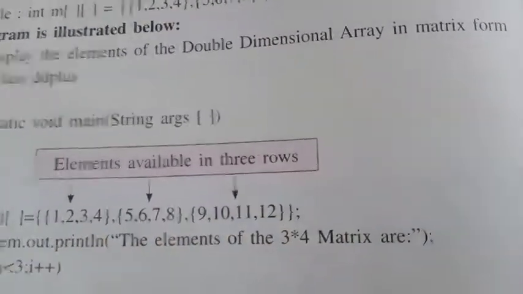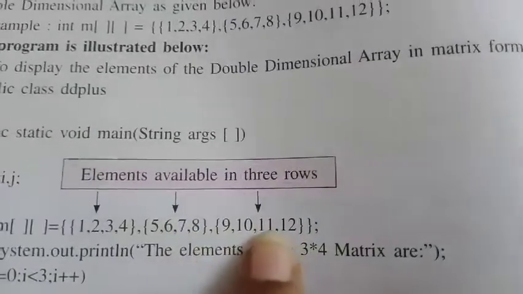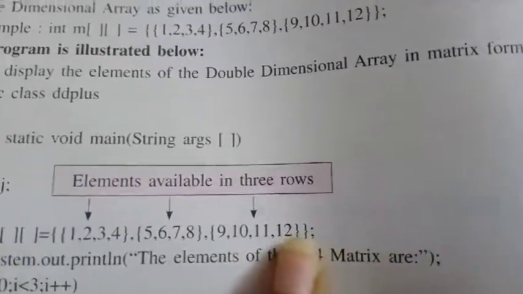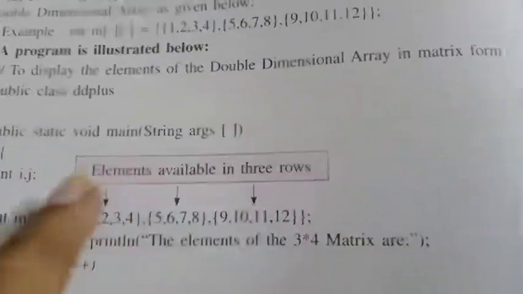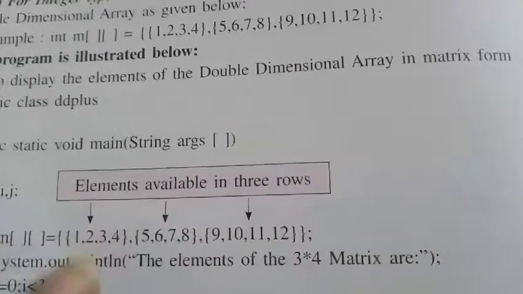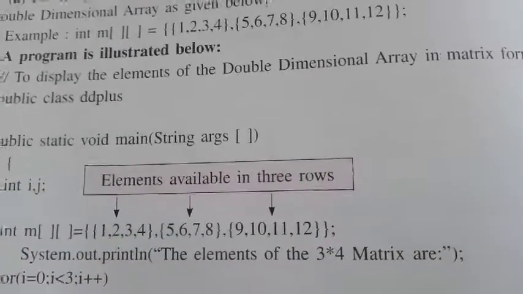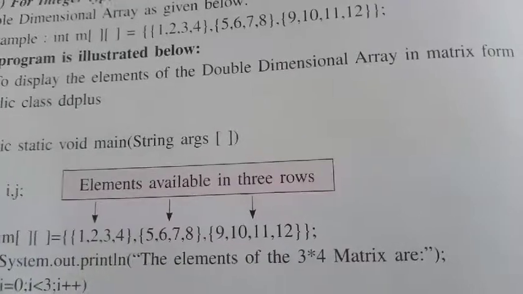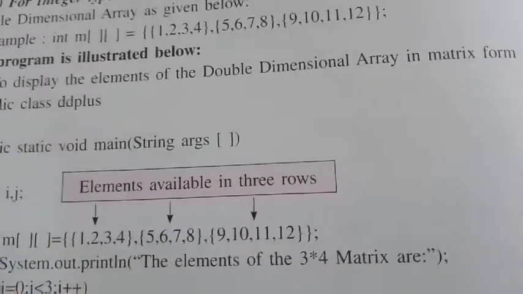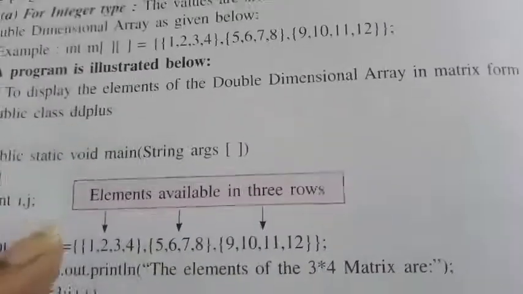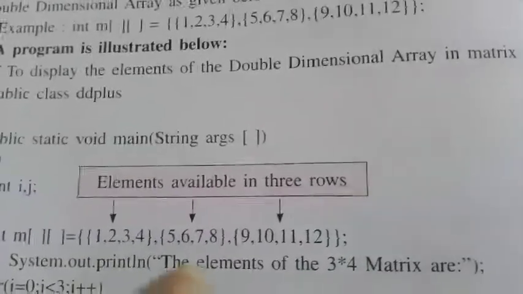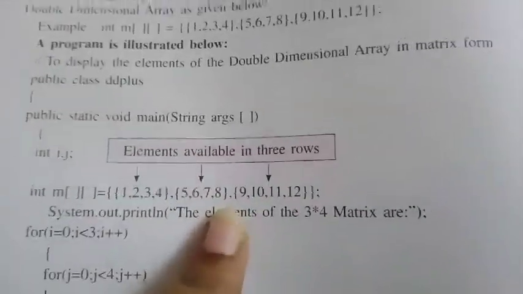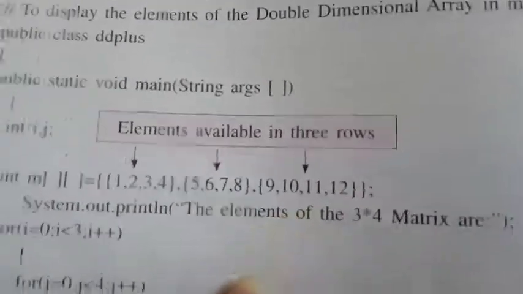X-axis only we say as row, right? So there the elements have to be of the same size. But in the y-axis, however many you give, that is not a problem. However many rows you want, you can stop it or you can increase it. So that is not a problem. But the elements in each row should be the same.